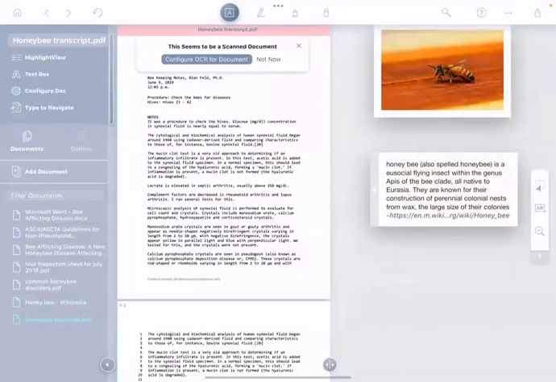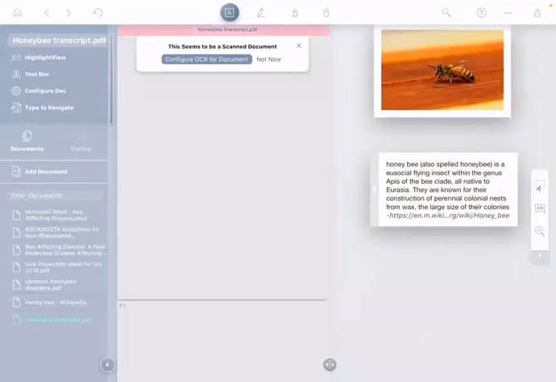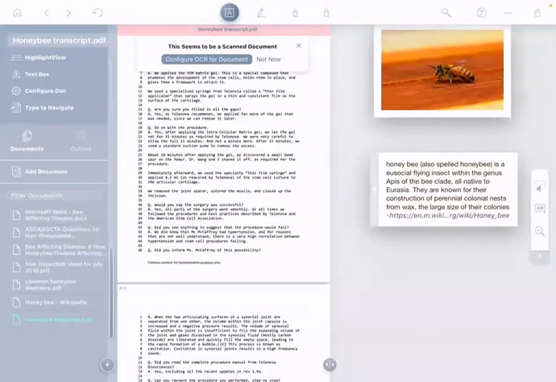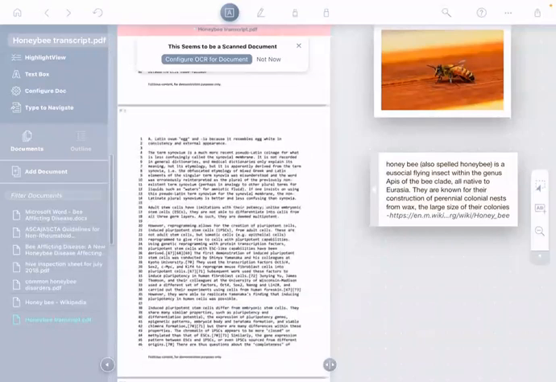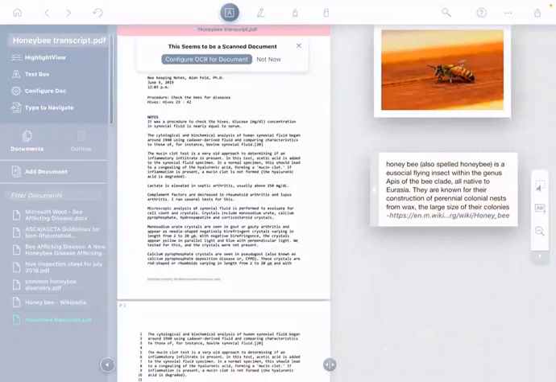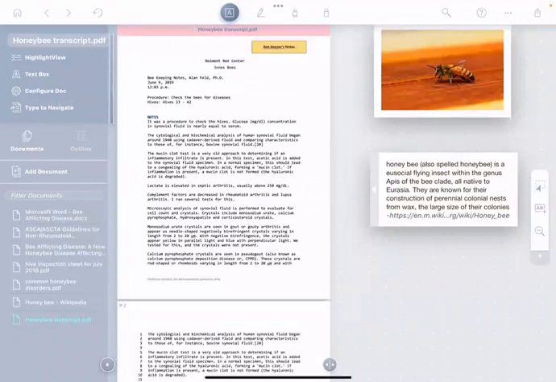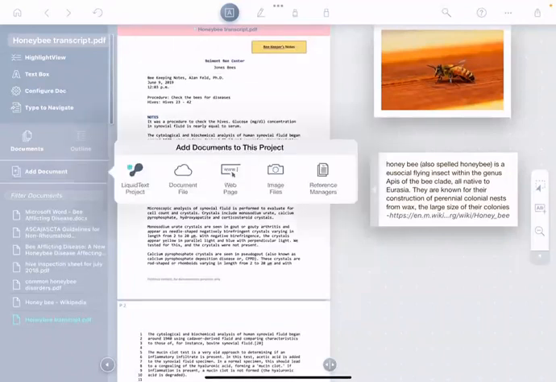It processes it and it imports it. Now you'll notice something really interesting after I pulled this in. We have a little OCR pop-up on top of the page. So let me actually talk a little bit more about that in a moment, but we'll come right back to that. So before that, though, another thing I want to show you is we can add a document by actually